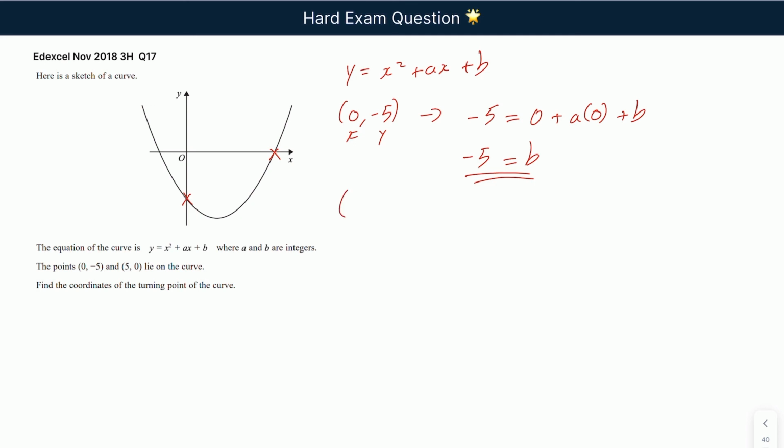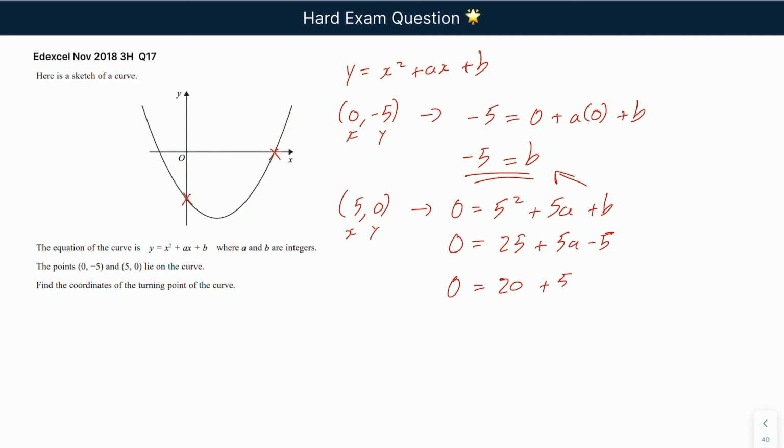If I now look at the second coordinate, which is (5, 0). Again, this is the x value and that's the y value. If I substitute it into the same equation, that gives me 0 is equal to 5 squared plus 5a plus b. Now I know what the value of b is because I've just figured it out there. So I can just substitute that in. So that gives me 0 is equal to 25, which is 5 squared, plus 5a minus 5. If I tidy that up, and now if I rearrange that, and now if I divide each side by 5,